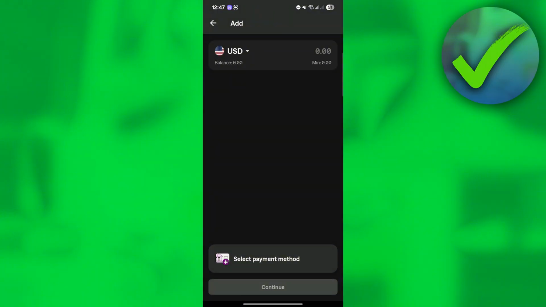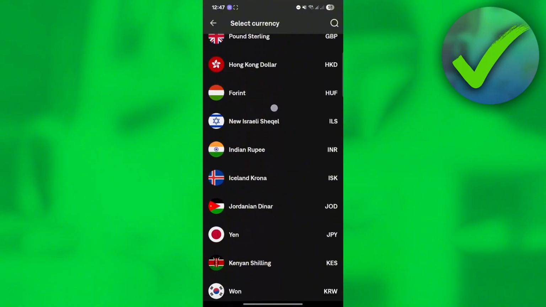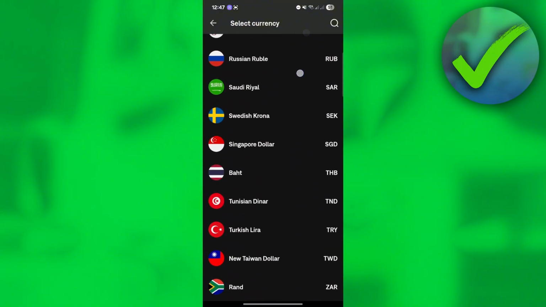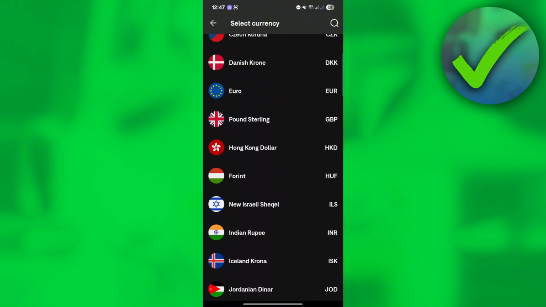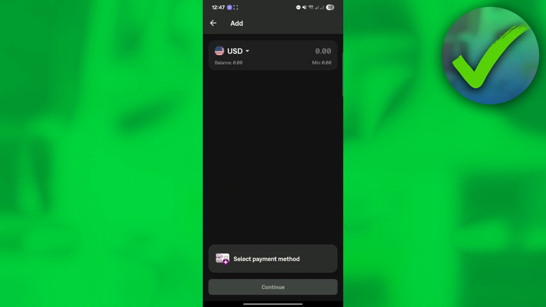So once you click that, you will be redirected right here. So if you want to change the currency that you want to deposit, all you have to do is to click this, in which once you click that, you will now be able to see all of the currencies that Skrill is supporting. So just click that, and then let's say for example that we want to deposit a US dollar. So just click that, and then after that, click select payment method right here on the bottom,